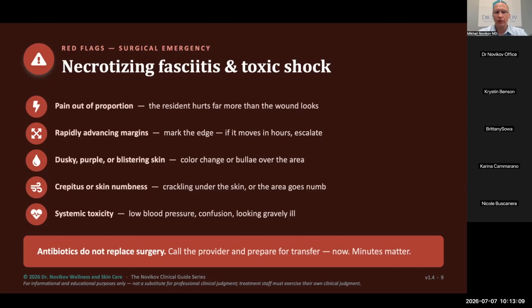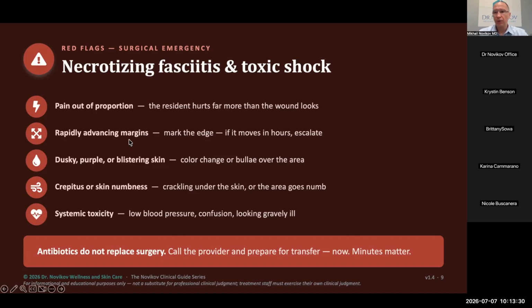Dusky purple and blistering skin, large bulla over the area, large blisters over the area. Crepitus, that's another, so it feels like you're stepping on the snow as you're palpating the wound or the skin